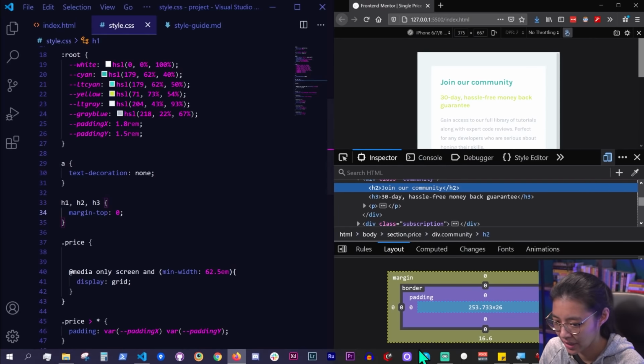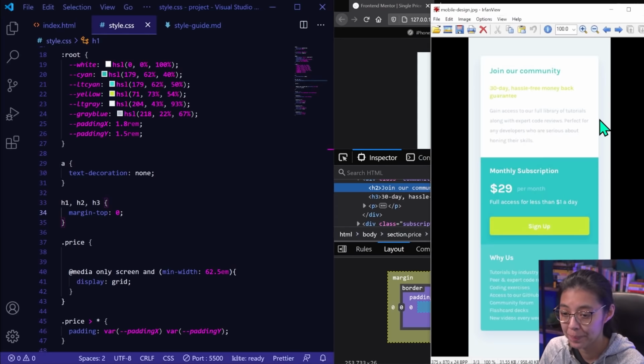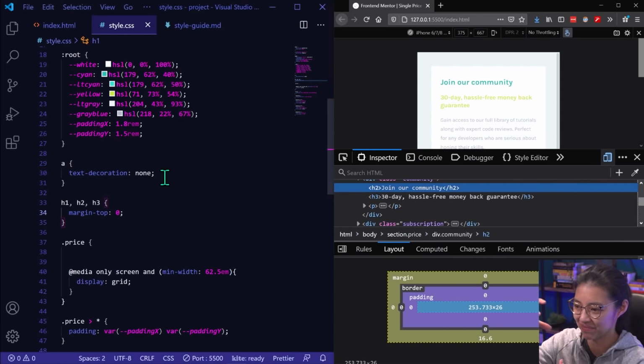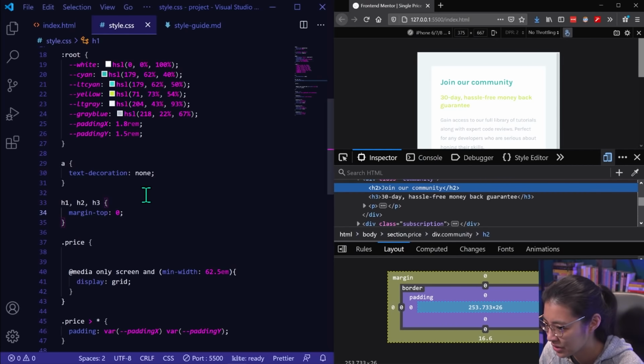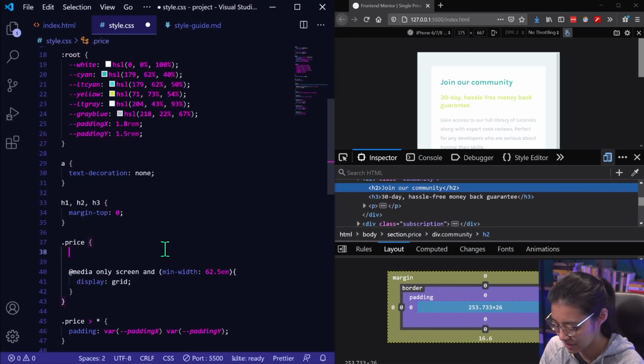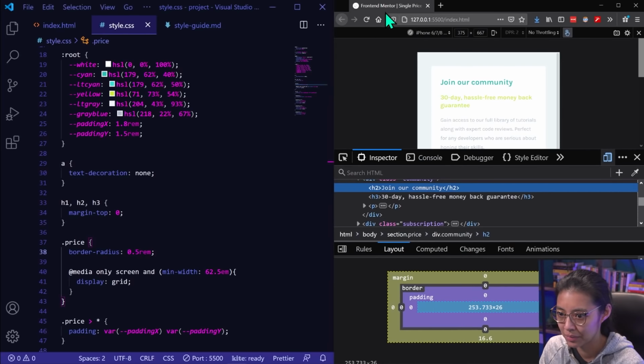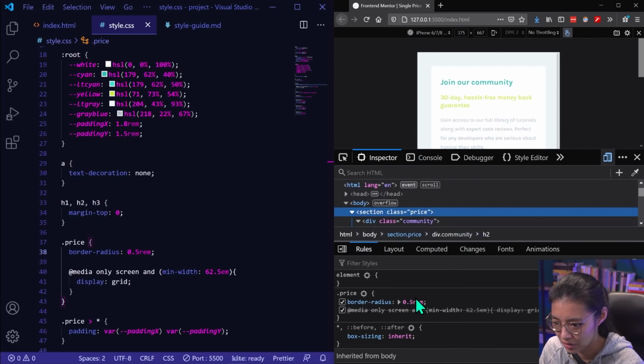Now let's check the design and see if we've missed anything big. It does look like there's a bit of a border radius going on. I don't want to add that to just the block because they shouldn't have the border radius when the blocks meet each other. So it's going to be on the price thing itself. Border radius, it wasn't super round, probably like 5 to 10 pixels maybe. So let's try 0.5 rems. That's 8 pixels. See what happens. And I think I need to add a